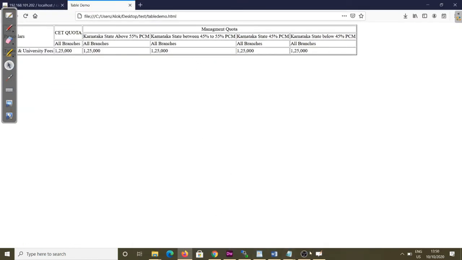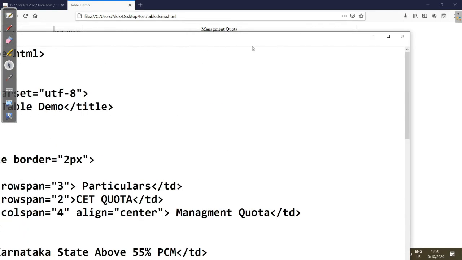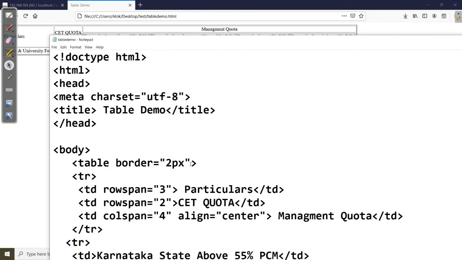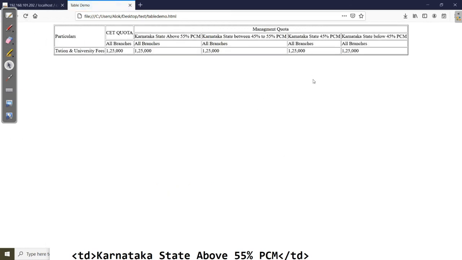And now, if you want the table in the center of the screen, in that case, along with the table, you can use one more attribute, align, and the value you can give is center. The complete table will be center now. Save the file and here you refresh. Coming center now.